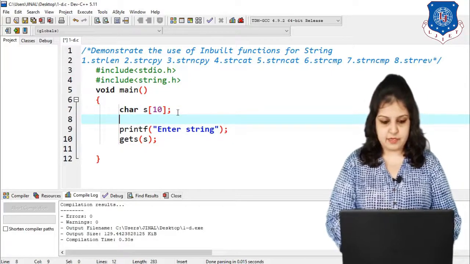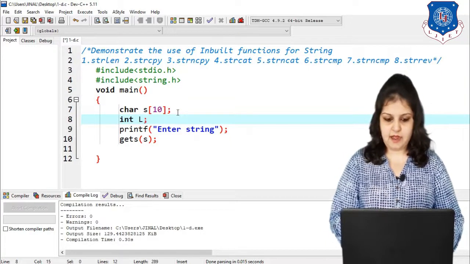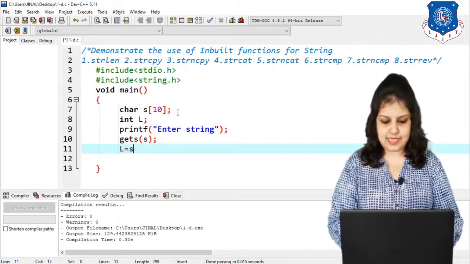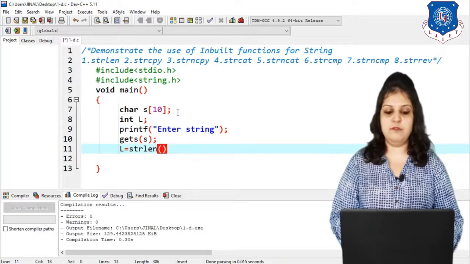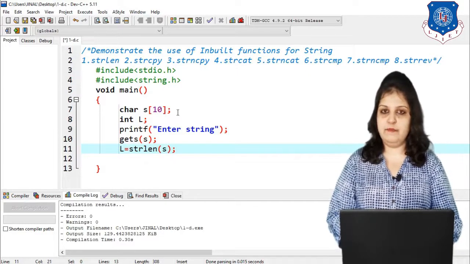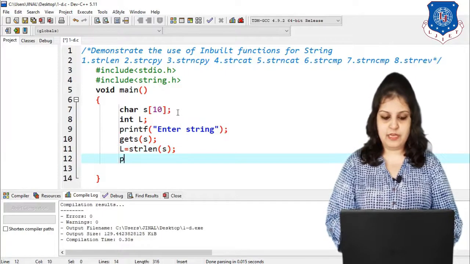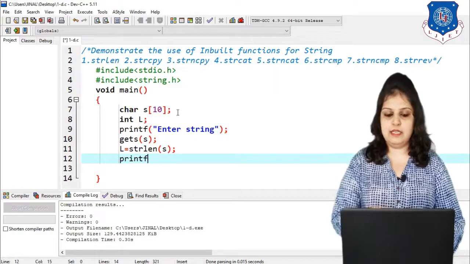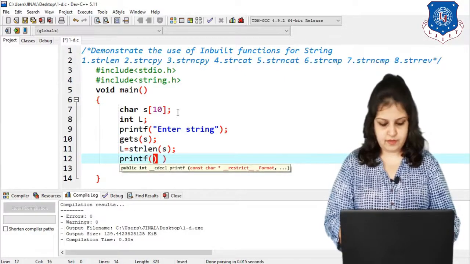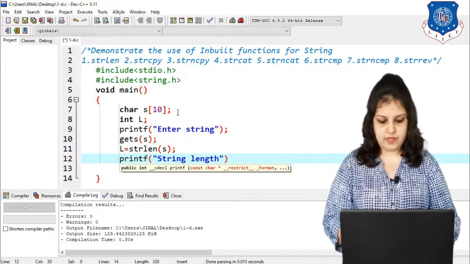That's why I declare one integer variable L as our length, and after input I write L is equal to strlen, and in brackets we pass S, because we want to find the string length of our variable S, the value stored in S. Last, print the value of L, because our answer is stored in L. So printf string length is equal to %d.